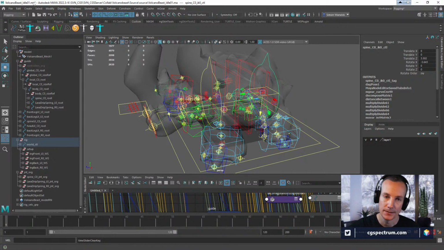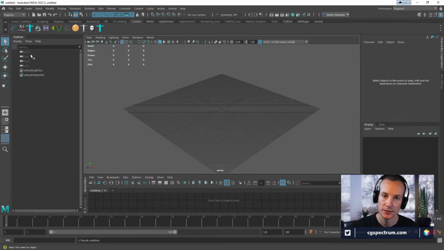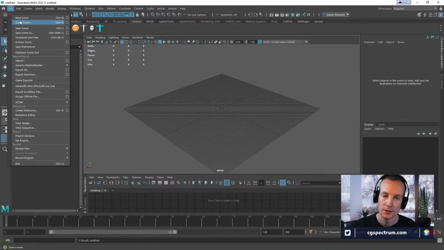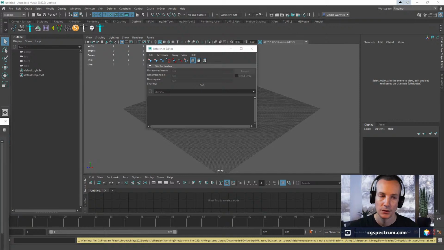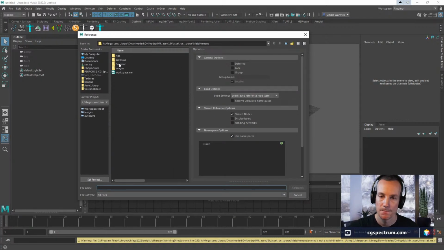Yes, that would be a much smarter thing to do. So I'm gonna say new scene. Reference editor. Reference in the rig.